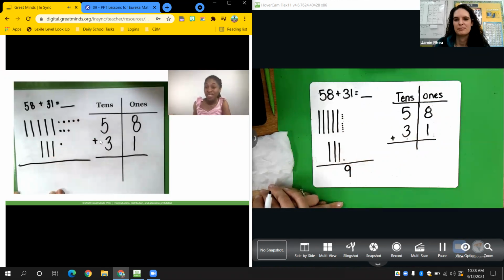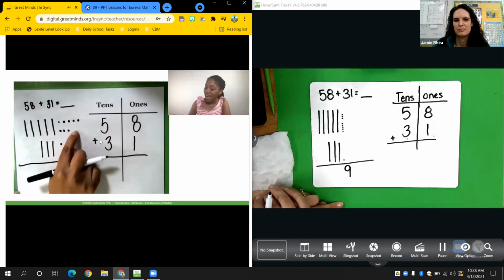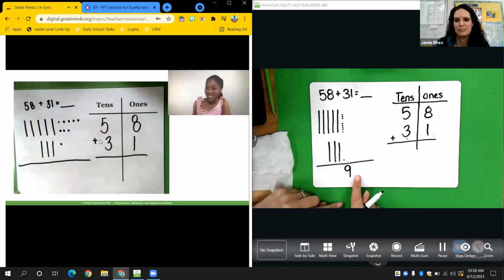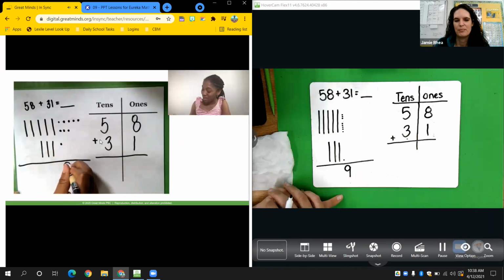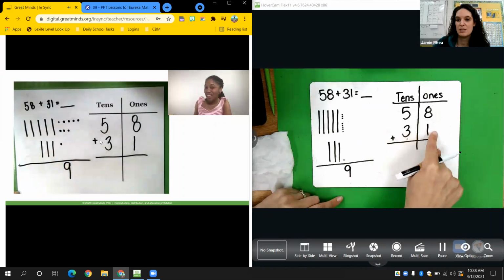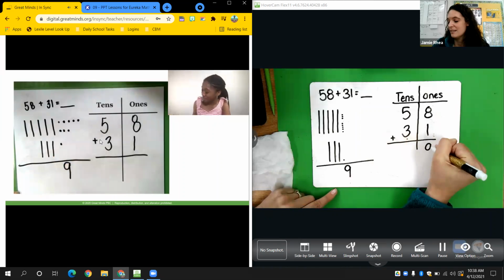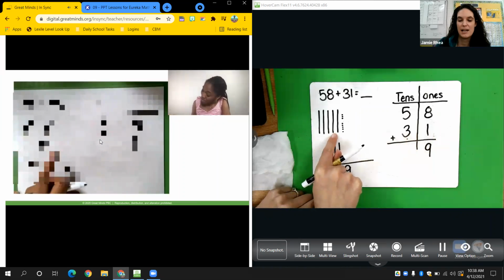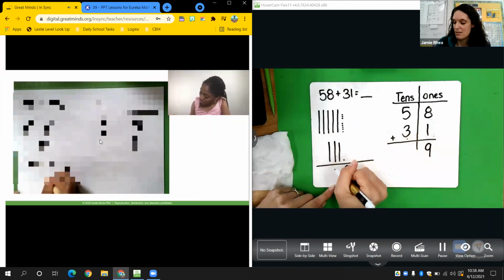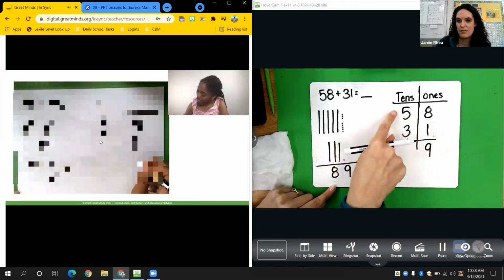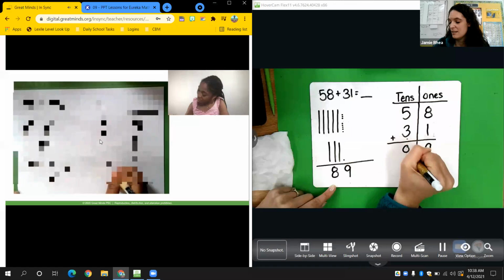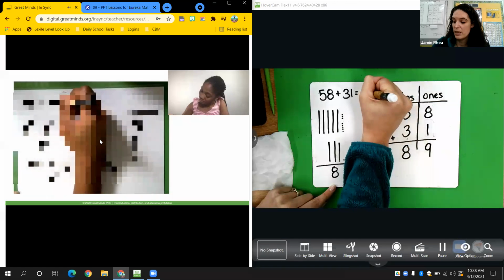So as mathematicians, it's important that we pay close attention to how many ones we have. For this problem, we can just add our ones with our ones and our tens with our tens. 8 ones plus 1 one is 9 ones. Go ahead and finish solving this problem. 8 plus 1 is 9. So now we have 5 plus 3 is 8 tens. So our answer should be,